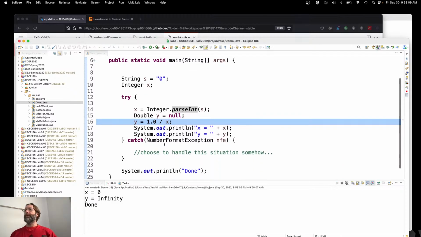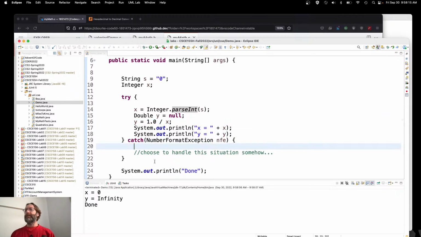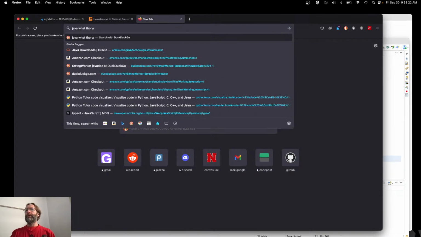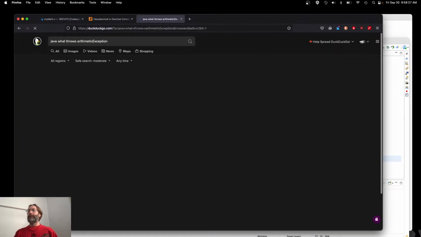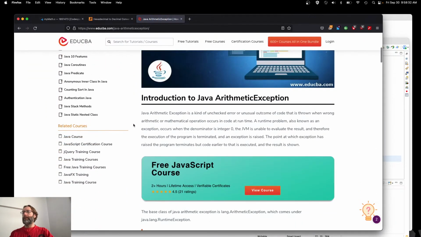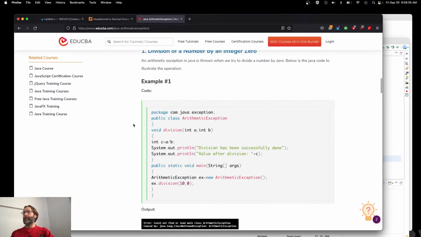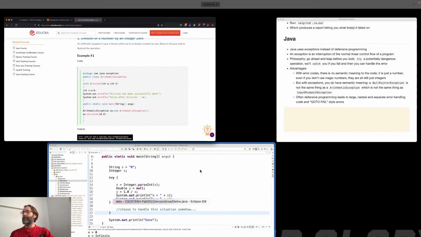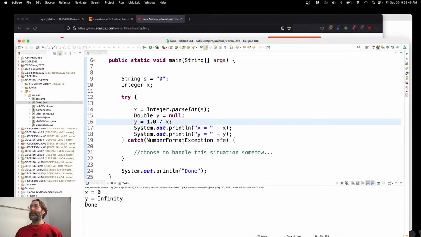Oh, infinity, right? So this should have been an arithmetic exception, right? I thought 1 divided by 0 would end up being an arithmetic exception. Java, what throws arithmetic exception? Maybe we'll have to throw it. Huh. Okay. I thought it would,